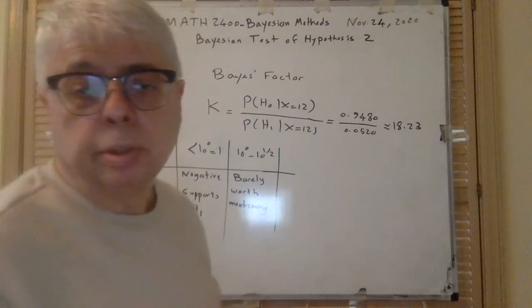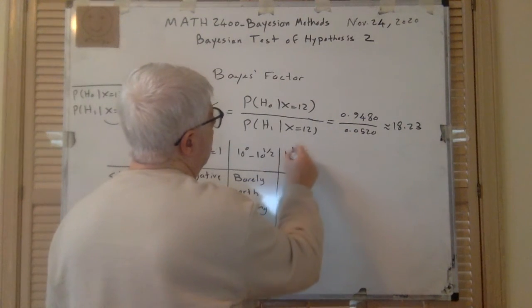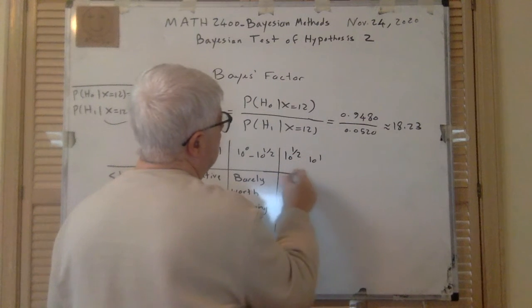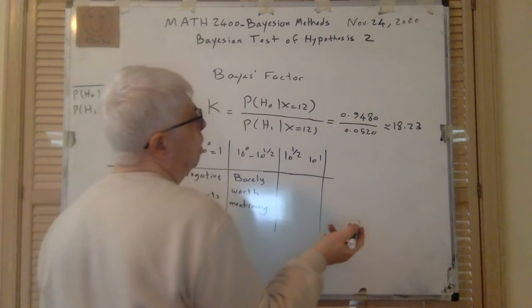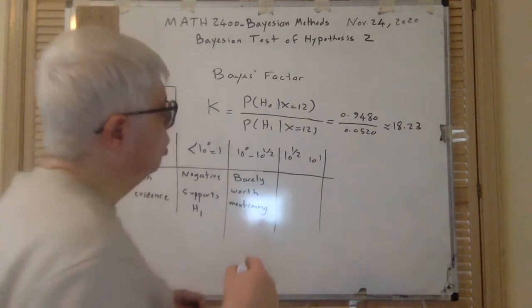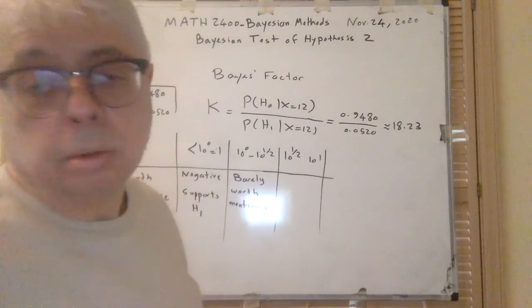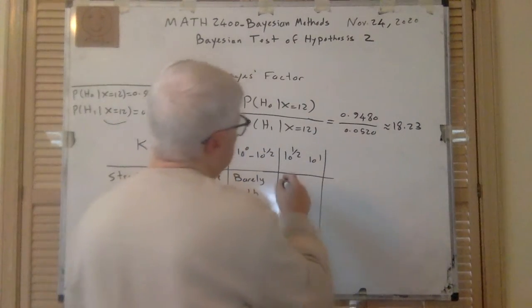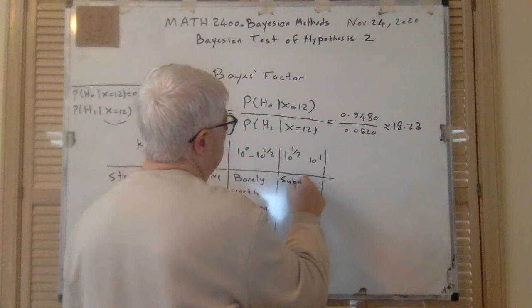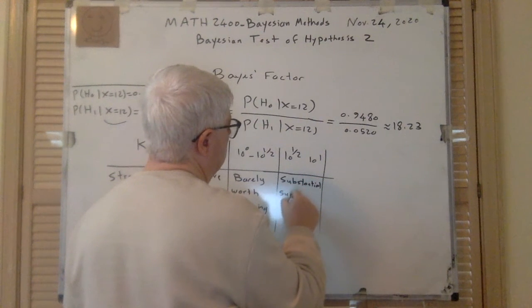And if it is between 10 to the power 1/2 and 10 to the power 1, so 10 to the power 1/2 is like 3 point something, right? So it is between 3 point something and 10. Then it is substantial, so substantial supports